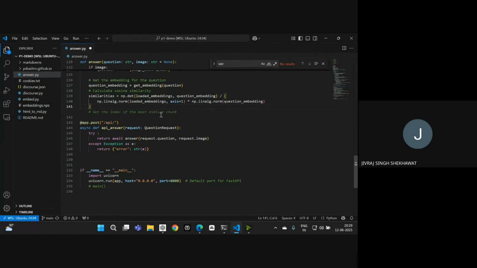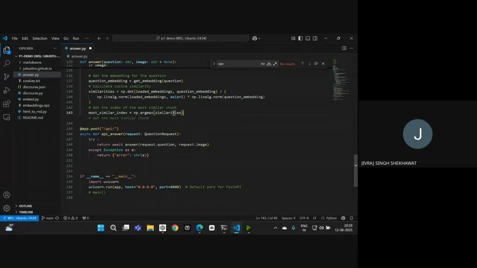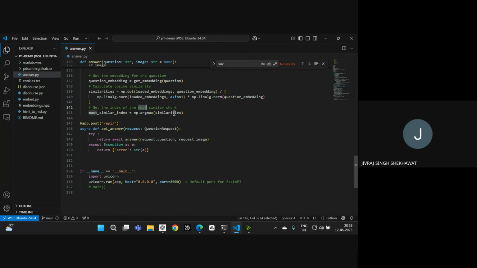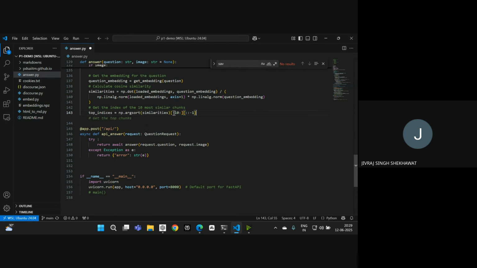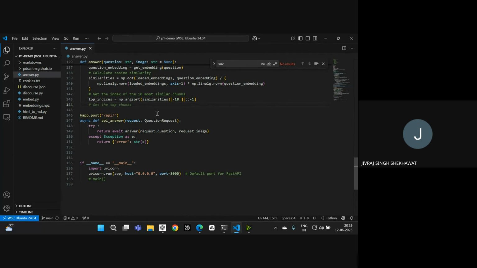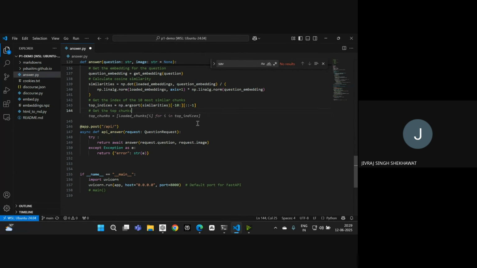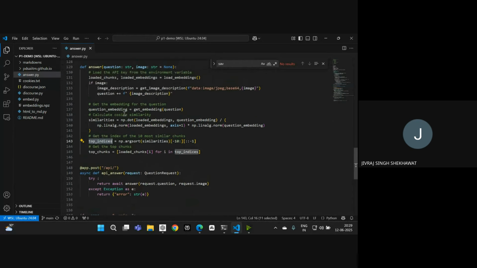And this gets the similarities. It gets the most similar chunk, but instead of getting the most similar chunk, let's get the first 10 chunks. So we have